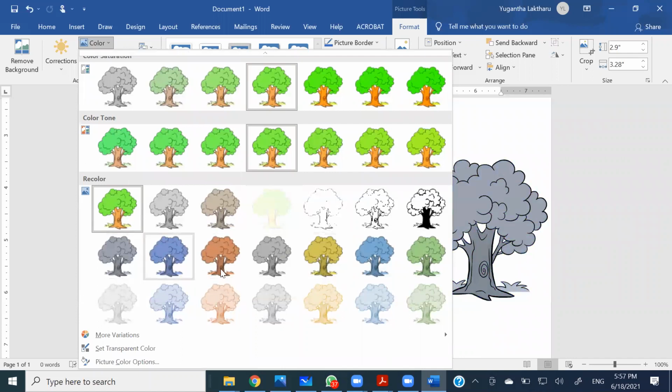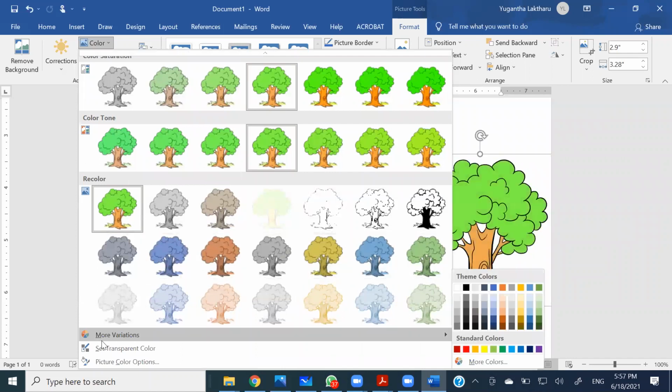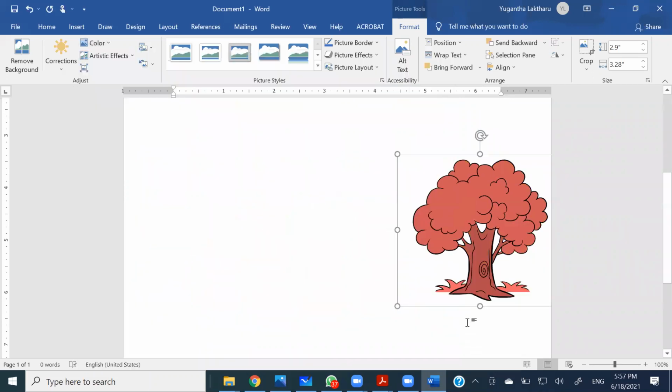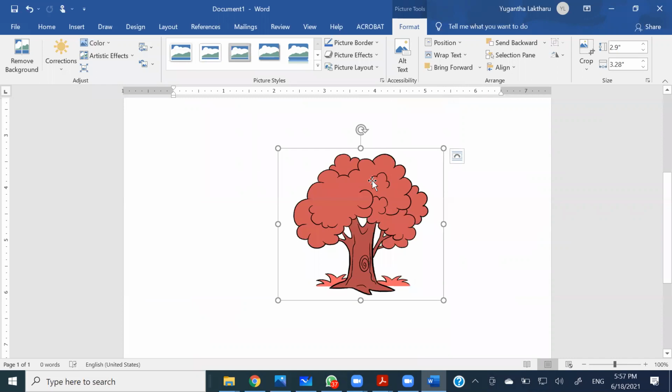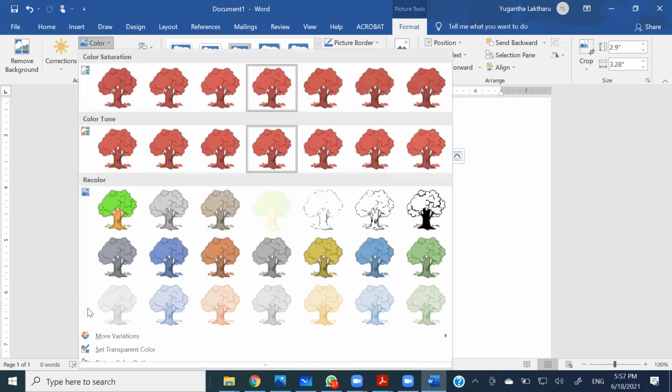And if you want some other color on the picture, you can go for the more variation part, and you can choose your own color, right? But it will not give you the way that you want it. If we select red, it won't be our selection that is being applied here, because the selected color will be affected by the existing color tone on the picture, right? That is why, when I'm choosing red,